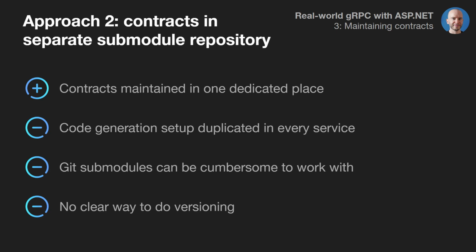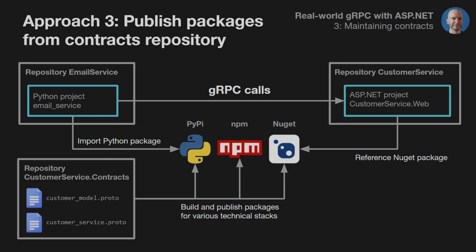Although it can be set to a branch, so we could still do versioning by creating a branch in the contract repository for every published version. The third approach solves these problems by not just extracting the contract files to a dedicated repository, but also setting